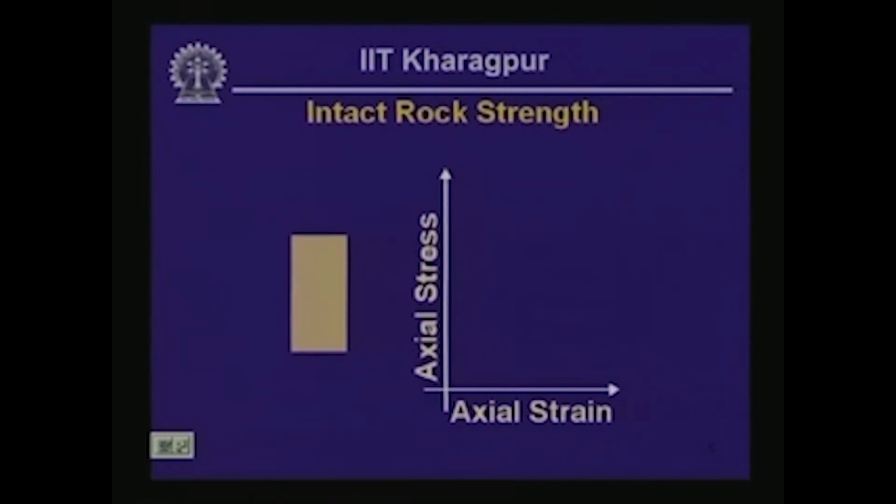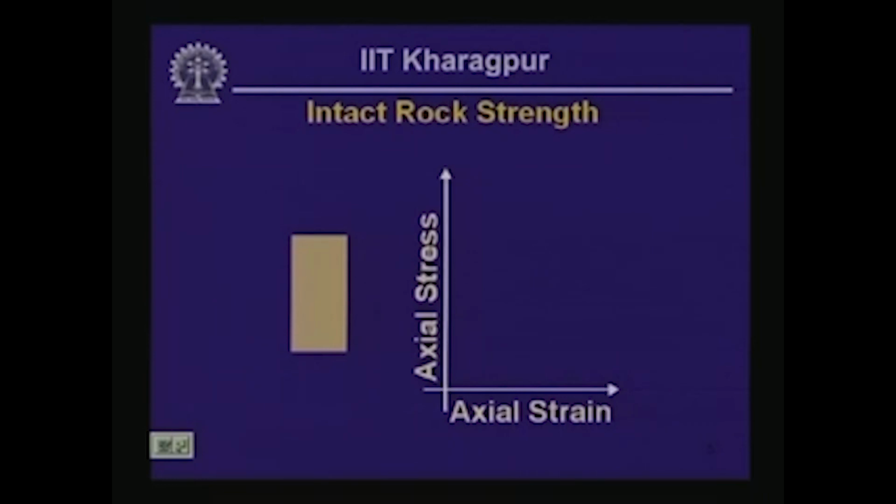So, what we typically do, the easiest option, is to conduct a uniaxial compression test, in which we have a core sample, a cylindrical sample of rock, that is subjected to an axial compression. The sample of rock in this cartoon is shown with a brown